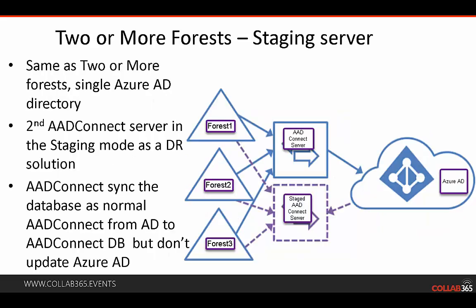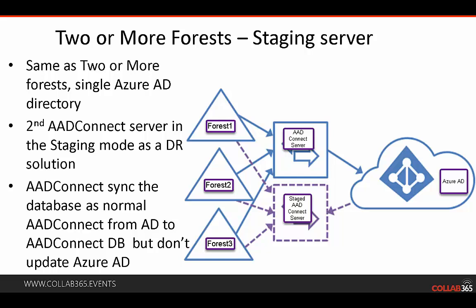All right, so this is the last, which is a disaster recovery option, I would say. Two or more forest staging server. This is more like the first option, same as the two or more forests with single Azure AD. Second, AD Connect server in the staging mode, which is a mode when you complete AD Connect